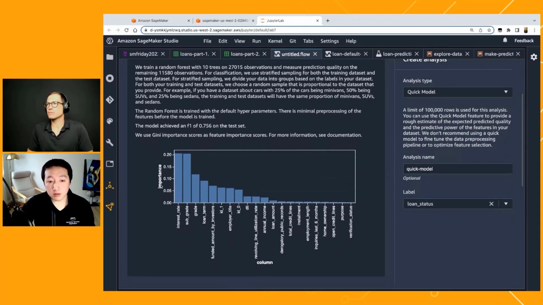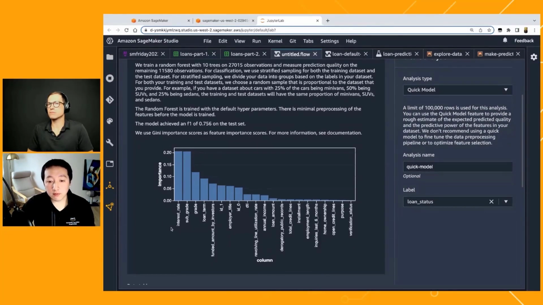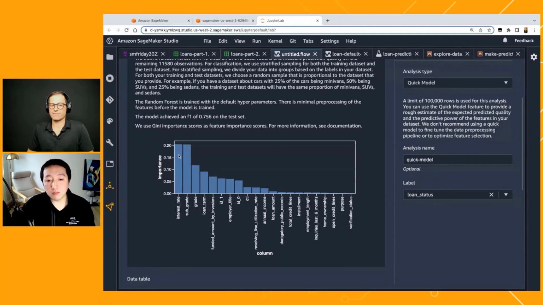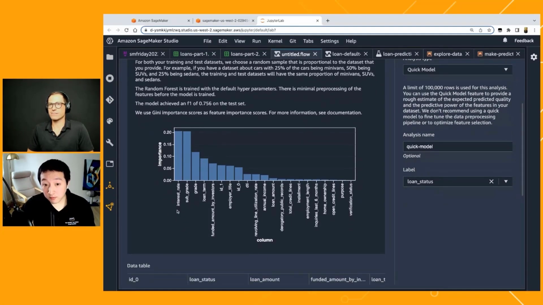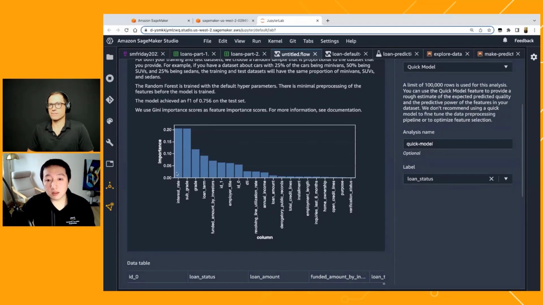It also shows the feature importance of each of the features. Of course, this is by no means a clean data set. It includes a lot of noise, for example the IDs, but you can quickly see the importance each of the features brings, and the model performance.